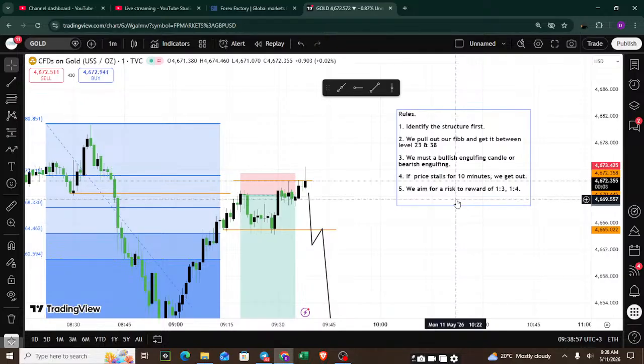And you have to be serious enough to cut that trade very fast, so that you can prepare for the next trade immediately. For example, I've already cut that trade. I got in at around 9:24, and by 9:34 the trade idea was still not giving me profit. So the only logical thing to do based on my rules is to get out, not to adjust my stop loss, but to get out immediately.